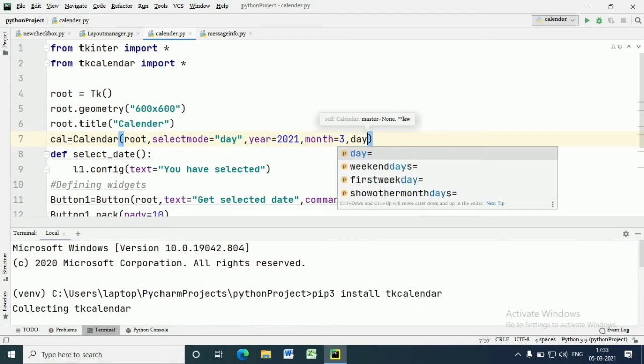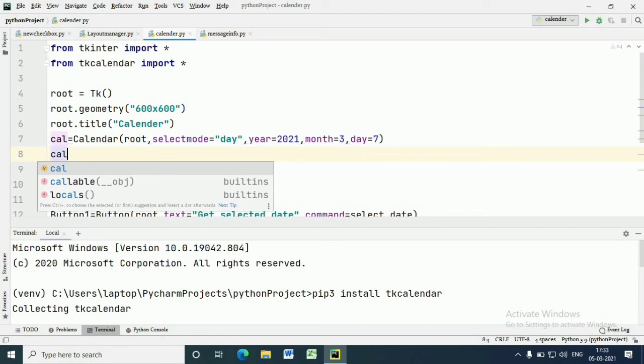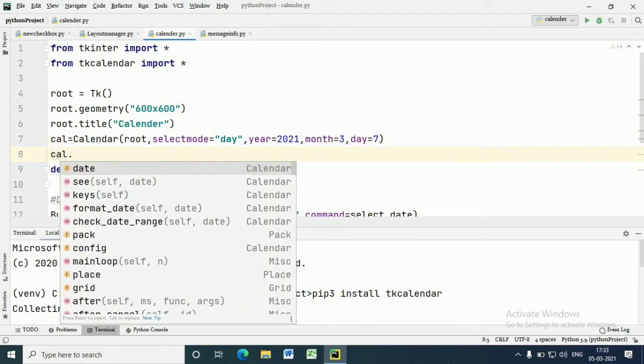We want to have a default year, month and day. Here the year is 2021, month is March and day is 7. We have to pack this calendar wizard in our main window.